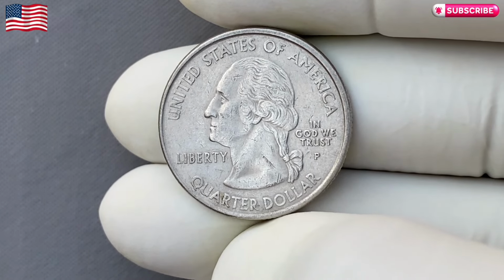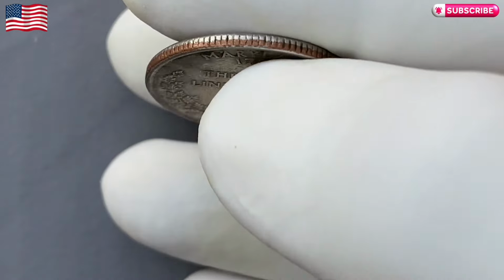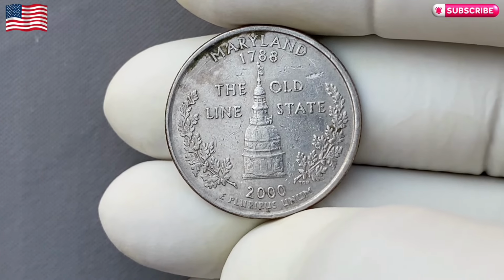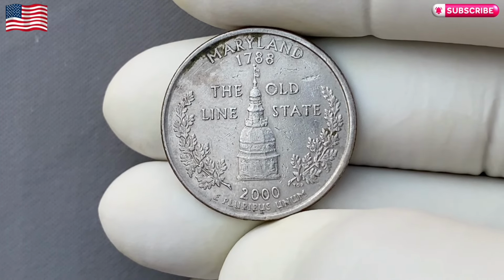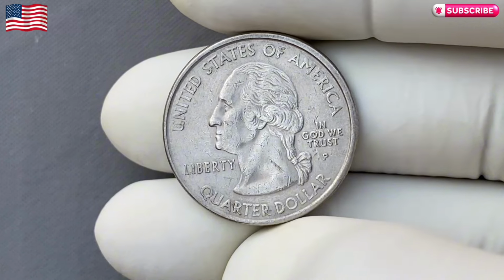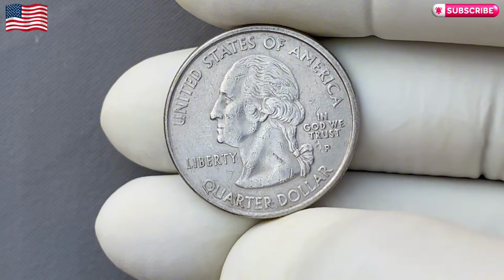Mint was working to celebrate the unique qualities of each state. And who knows? The next coin you find might just be the one that turns your collection into something truly valuable. So, whether you're new to the world of numismatics or a seasoned collector, always keep an eye out for those little details. Minting errors, design variations, and coins in excellent condition are what can turn a simple quarter into